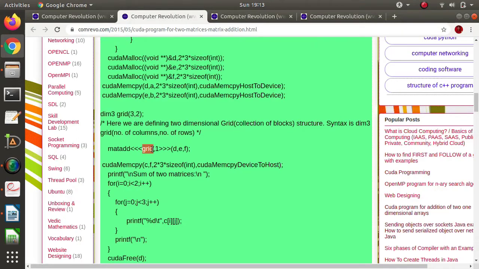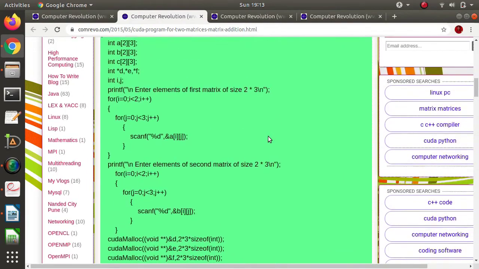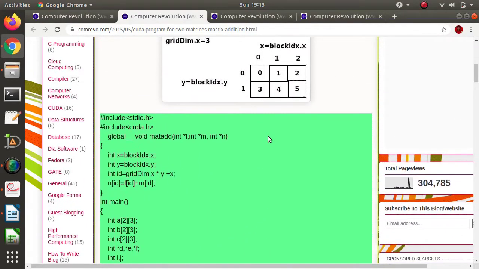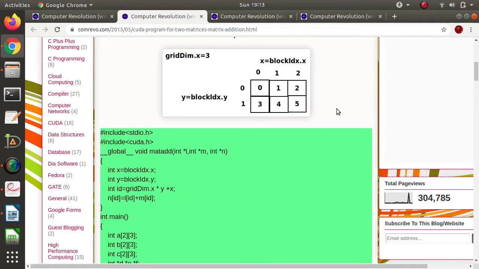But these blocks are not linearly arranged. We have arranged them in a two-dimensional space. So how these blocks are arranged? We are discussing this matrices addition program because same structure we have to use for matrices multiplication.